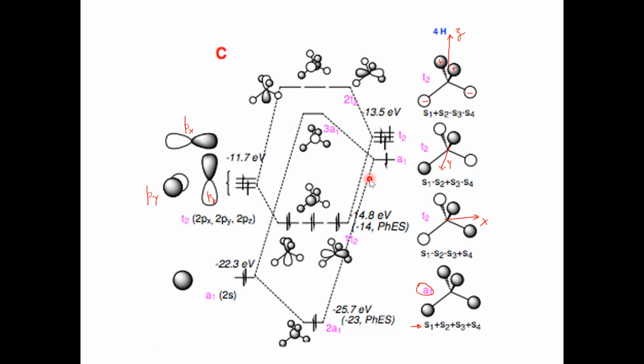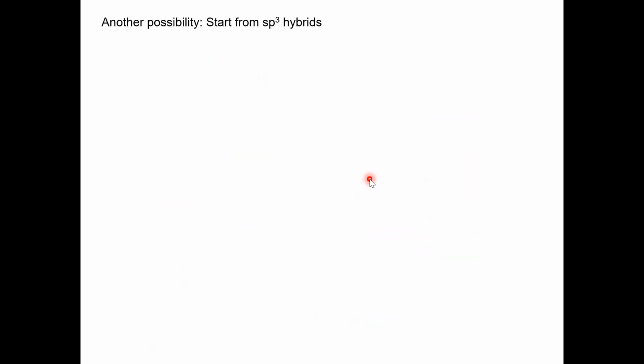The answer is that it really doesn't matter, because in the end this will give me the same answer. So what I'm going to do now is an exercise to show you that if I started from hybrids, I would get exactly the same result. Okay, so that's another possibility. Start from sp3 hybrids,